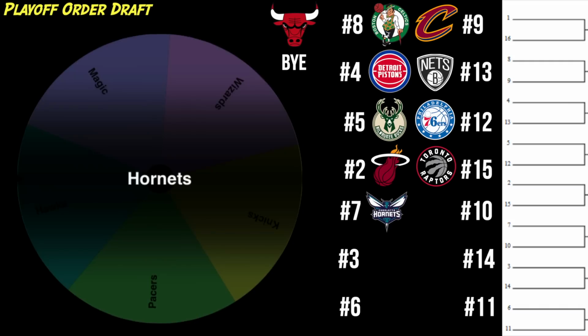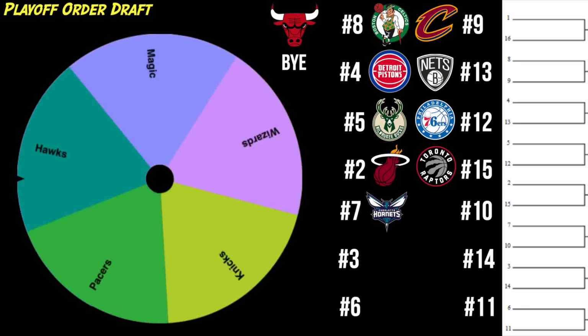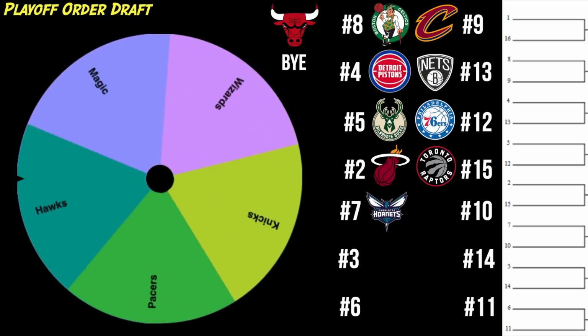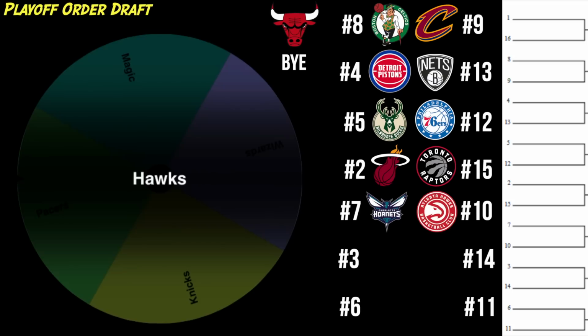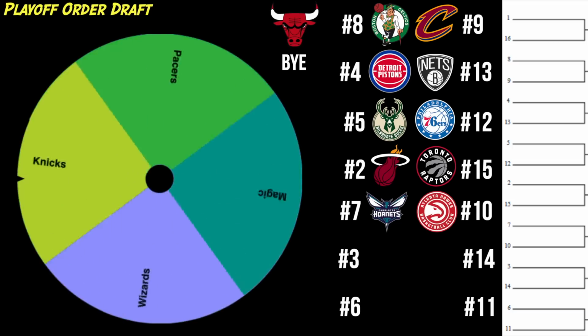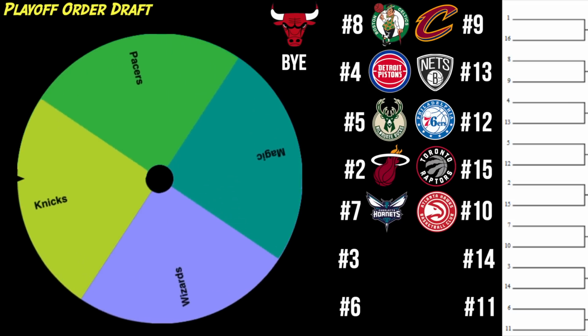And now taking the 7th seed on this side will be the Charlotte Hornets. And let's see what team they're going to go up against. And now I feel like all the good teams have already been selected. There are still some solid teams left, but the remainder of them didn't make the playoffs last year, as the Atlanta Hawks will go up against the Hornets in that very first round as a 10 seed. And so we are coming down to the last 4 teams in this Eastern Conference playoff bracket seeding draft.